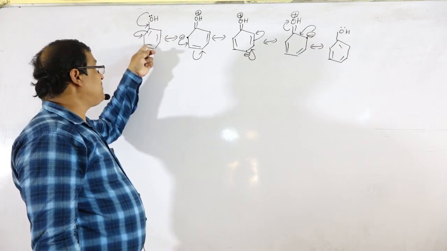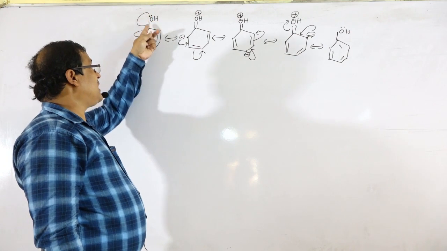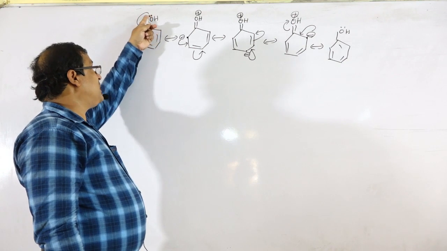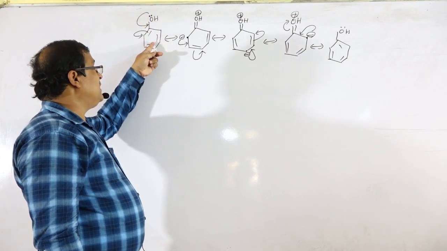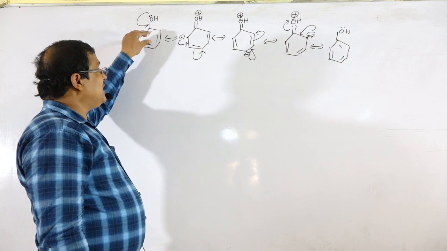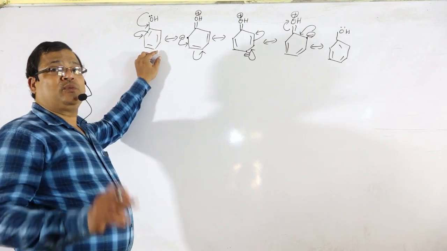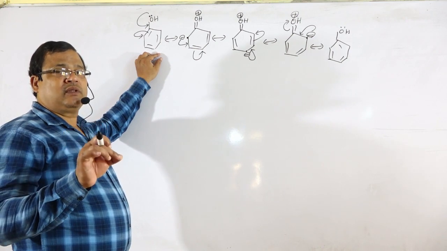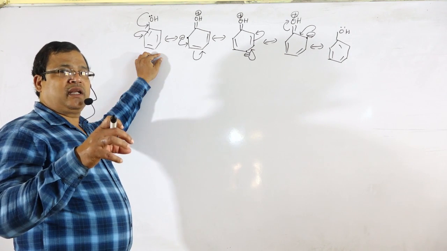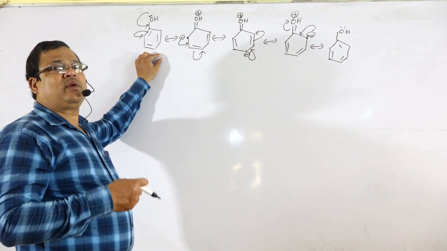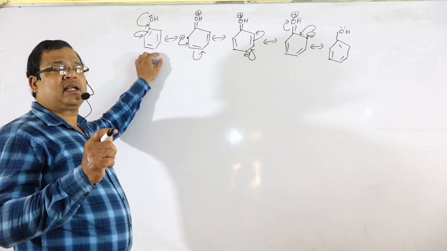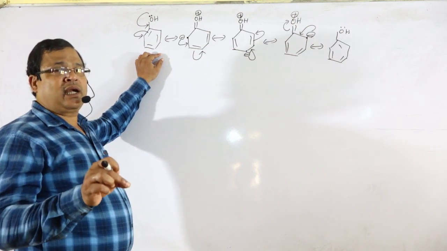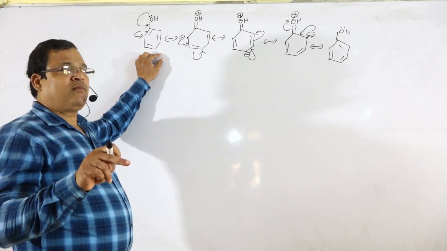There is the presence of the 6 pi electron cloud, and these electrons get attracted towards the ring because of resonance. So electron density in the ring increases. In comparison to benzene, in phenol the electron density in the ring becomes more. Therefore, this phenol ring will attract the electrophile to a greater extent. Therefore, the OH group is treated as ring activating towards electrophilic substitution.